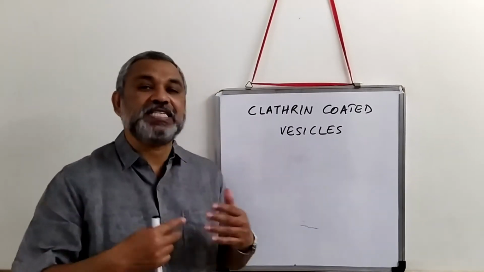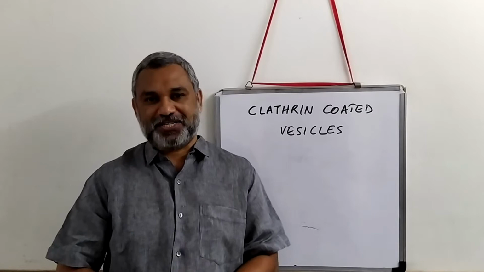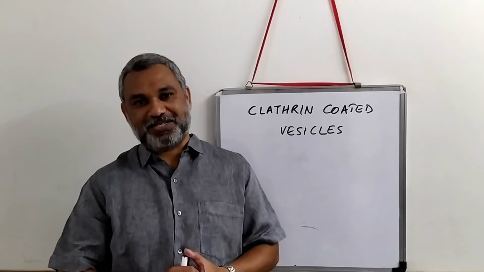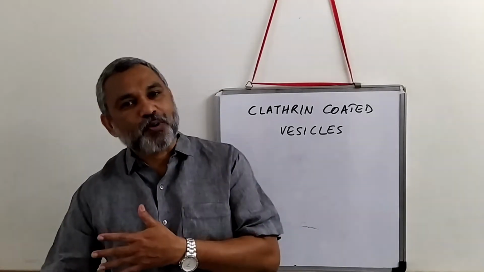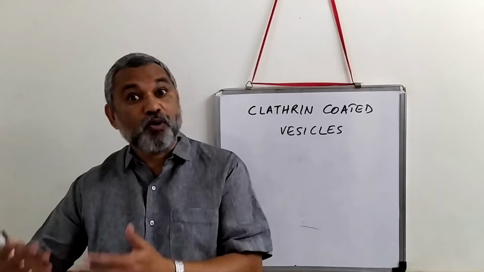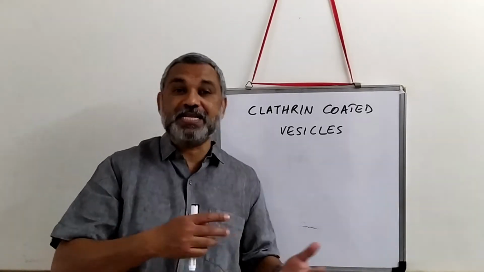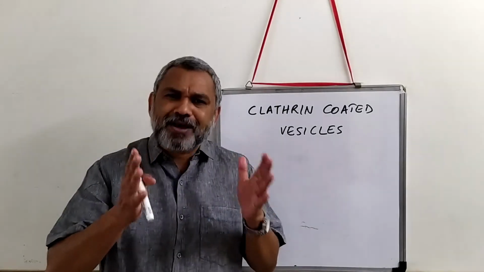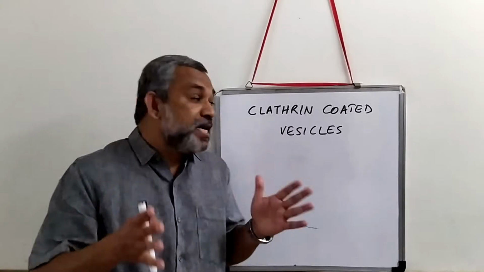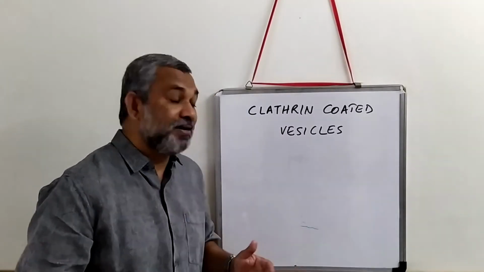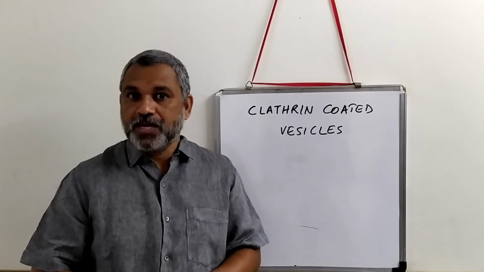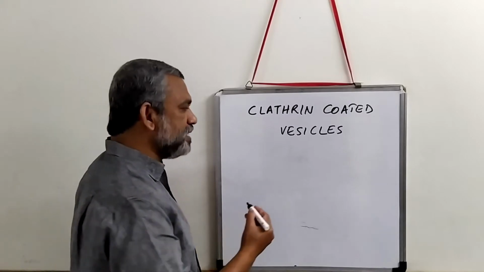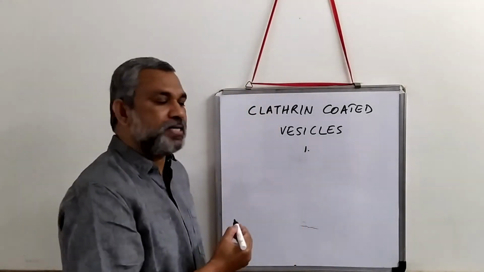So the clathrin coated vesicles are used for transportation. This is the primary way by which endocytosis occurs. That is, proteins or plasma membranes or molecules from outside can be brought inside through clathrin coated endocytosis. So what are the requirements in order to carry out clathrin coated endocytosis? The two important requirements in order to understand this mechanism, first of all, we need to look at